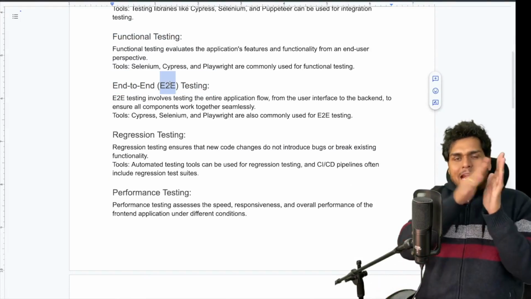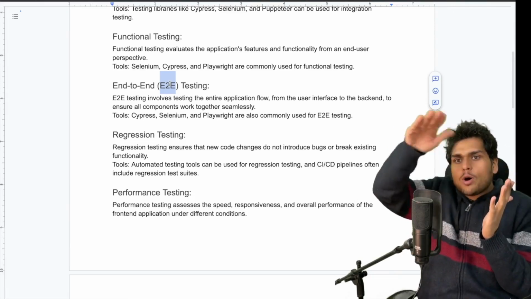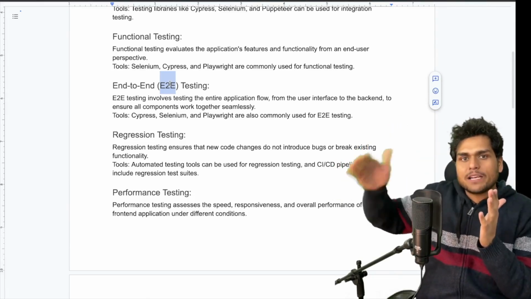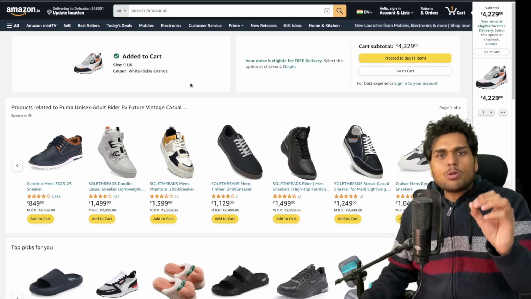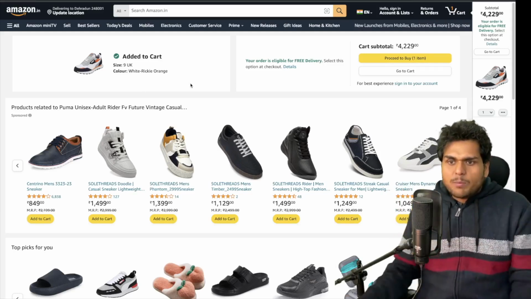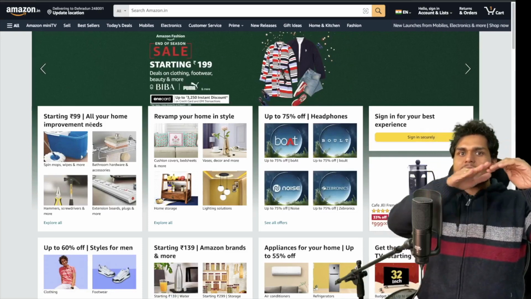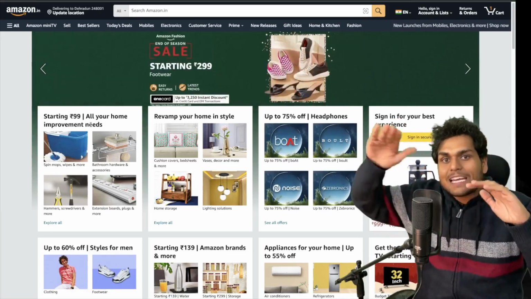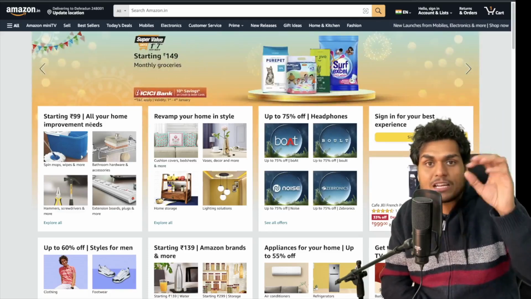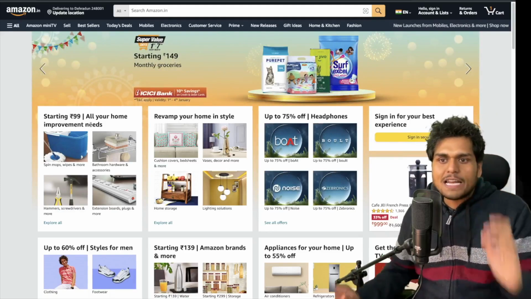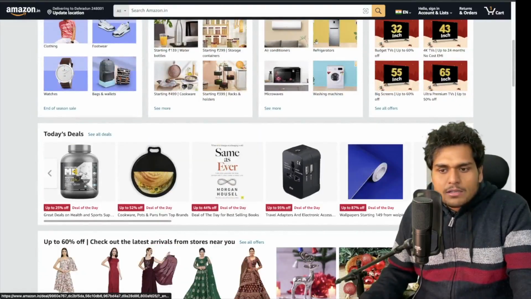Now, when I talk about end-to-end testing, that means we are talking about testing the whole flow of the application. Let me again take an example from the e-commerce website. Think again from the user's point of view. Suppose a user landed onto Amazon.com. What flow or what features can the user go through in his entire journey? The important word over here is throughout his entire journey. Okay, so suppose a user landed onto Amazon.com or Amazon.in,